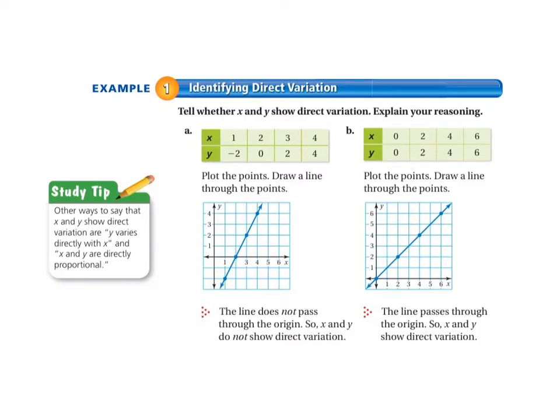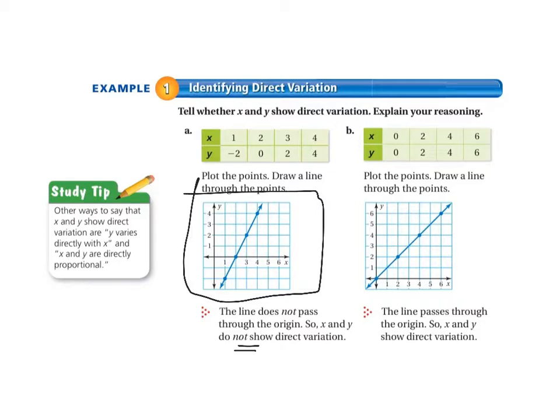Today we'll start at example 1, which appears on page 200 of your red textbook, identifying direct variation. Tell whether x and y show direct variation. Explain your reasoning. Example A. We have some points, x and y, and it says plot the points and draw a line through the points. Our textbook has done that for us, and we have our graph right here. It says the line does not pass through the origin,